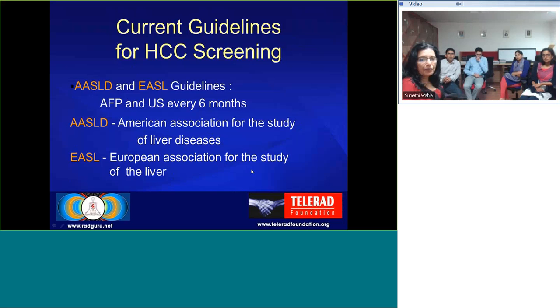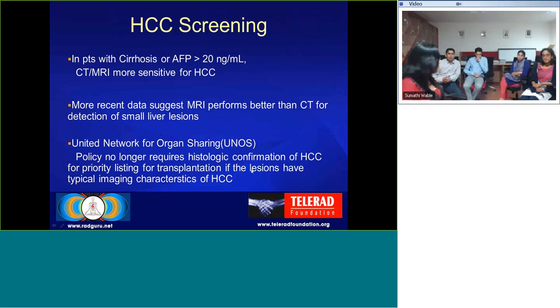so you must be wondering, like, what is she talking about? Where does MRI come in? But most of the people have switched to CT and MR imaging for patients at risk because of this problem. For patients with cirrhosis or AFP of more than 20 nanograms, CT and MRI is more sensitive because, as you know,